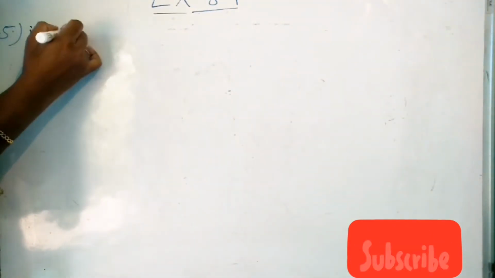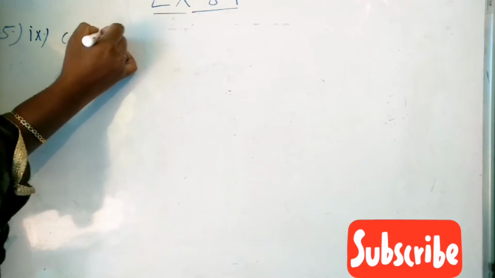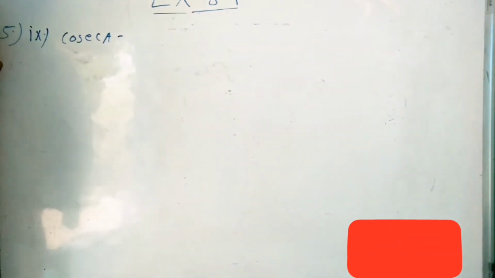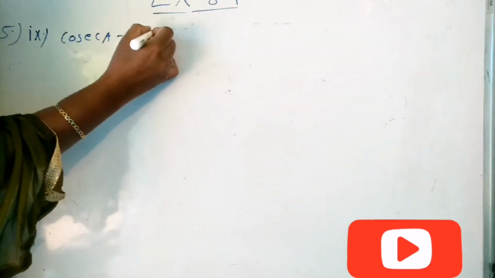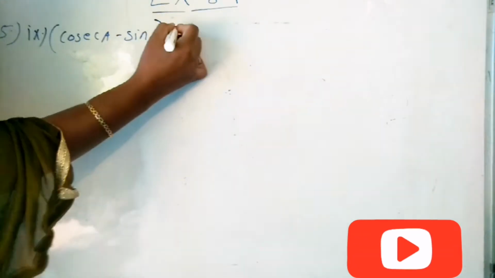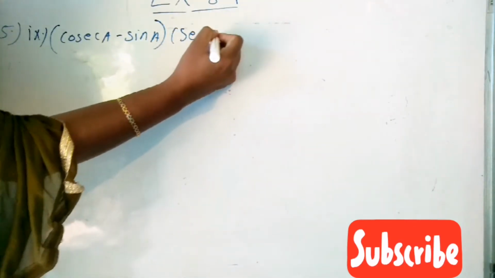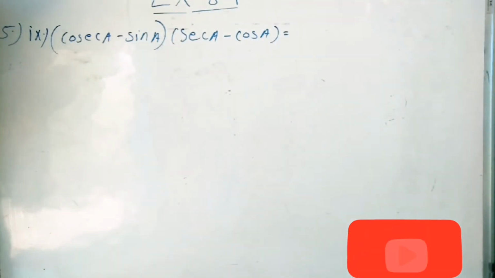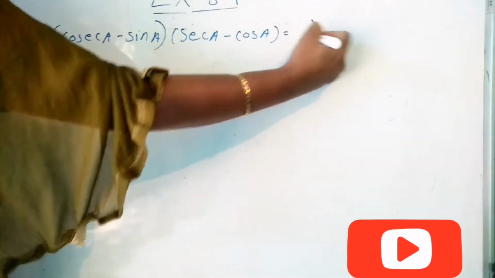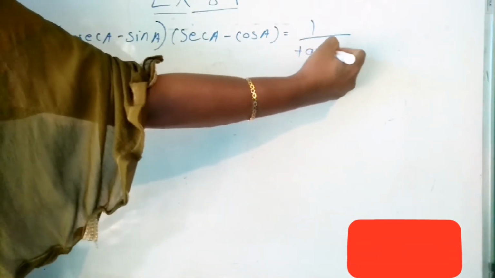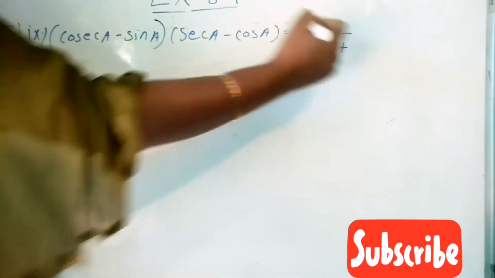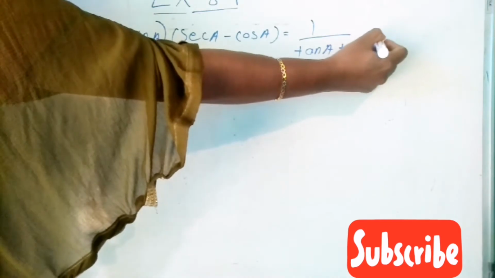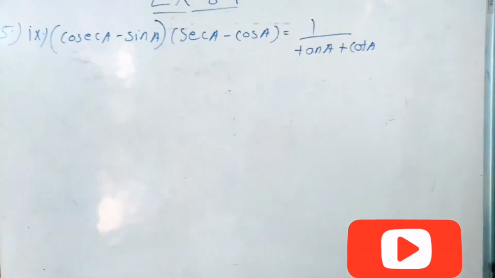Ninth question. (cosec A minus sin A) into (sec A minus cos A) is equal to 1 by (tan A plus cot A). So LHS is equal to